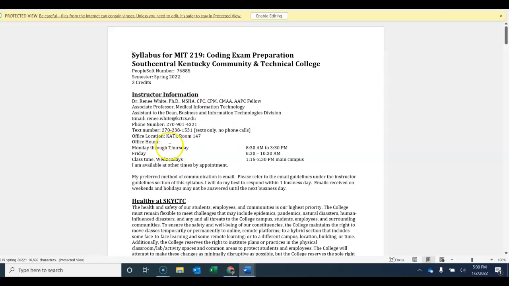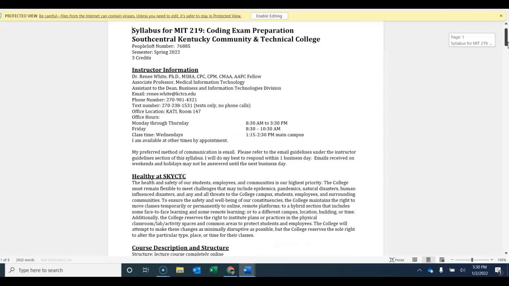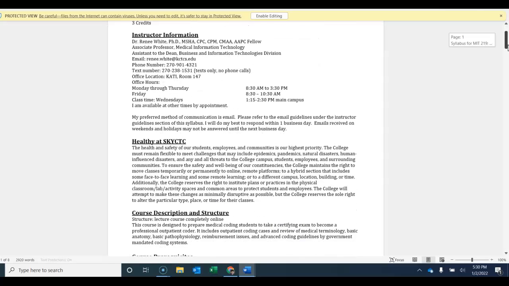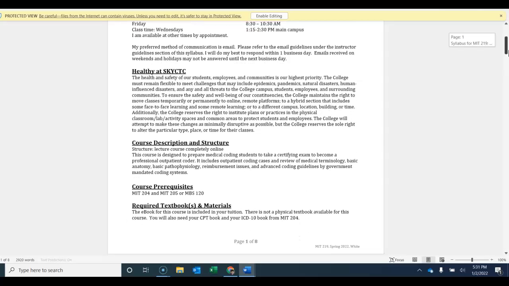So this is my contact information. I do have a text number. It's not a personal cell number. It's actually an app, so it only takes text. So if you need to text me, you can do that. The best way to reach me is really email. But if you can't access your email and you want to text me, you can. Just please make sure you tell me who you are and what class it is. I may or may not be able to answer you if it's in the evening, depending on if I have my materials at home.